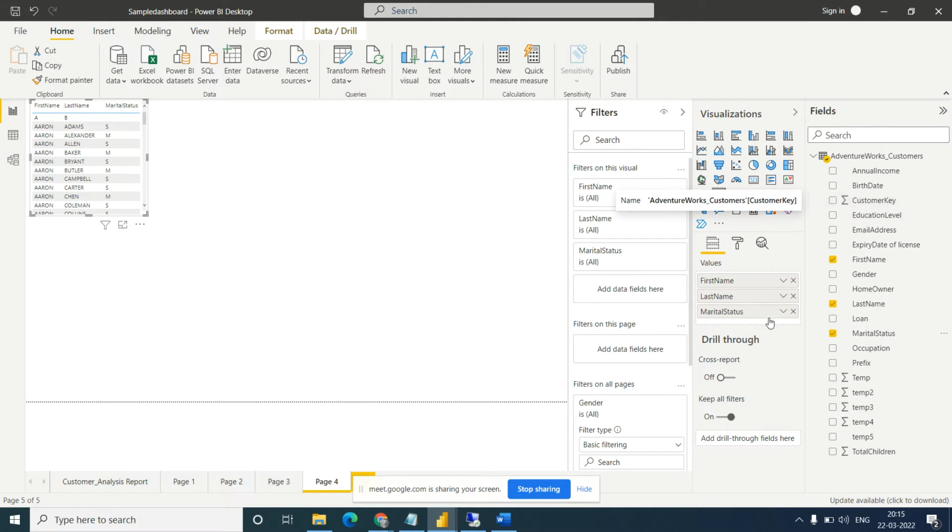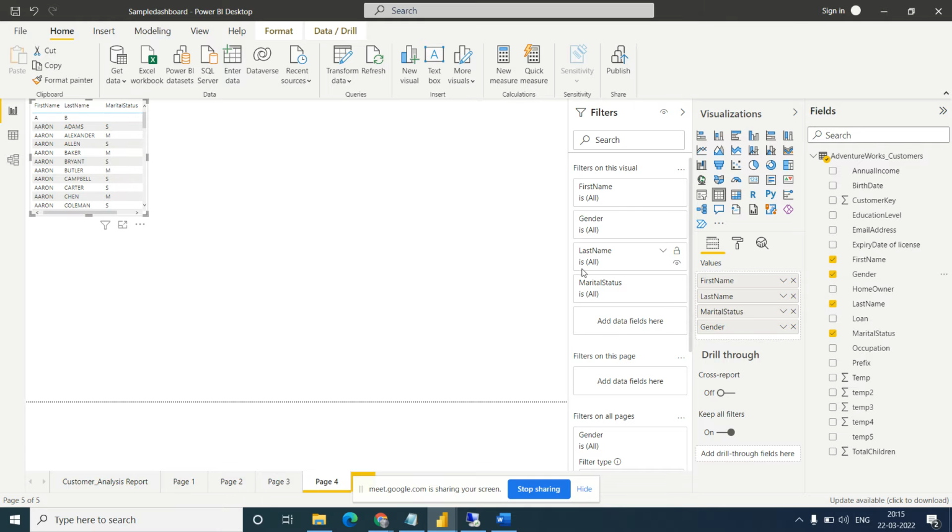Whenever I am adding fields one by one here, it is automatically adding filters into the visualization. Can you see this? Suppose I am taking gender again, so gender will also come into the field, and also it is coming here, right? So it means it is coming automatically.